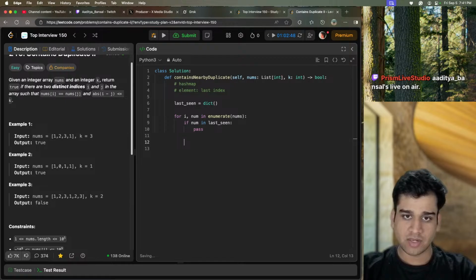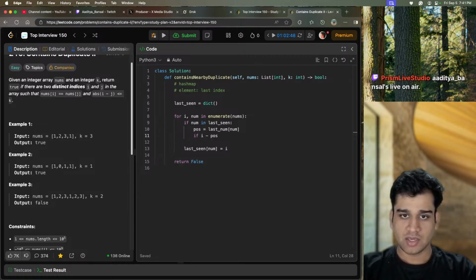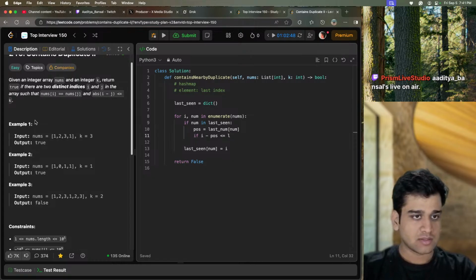And at the end, we will update the last seen dictionary of the position num with i. And then at the end, if nothing is found, we'll return false. So if it is already there, then we will get the last position of the number. And if the current index minus position is smaller than or equal to k, I guess, is it smaller than or equal